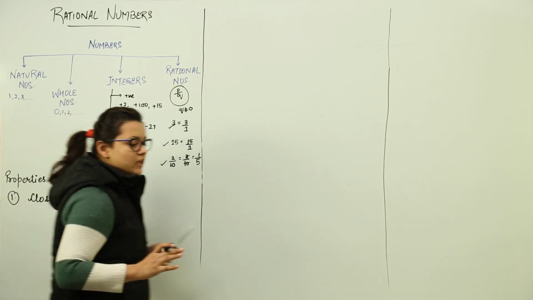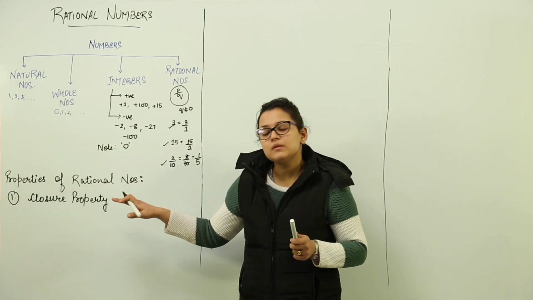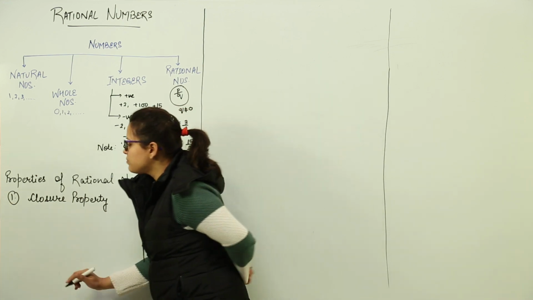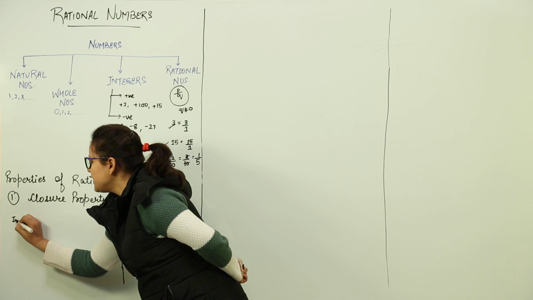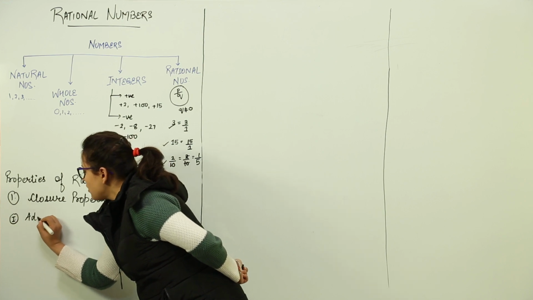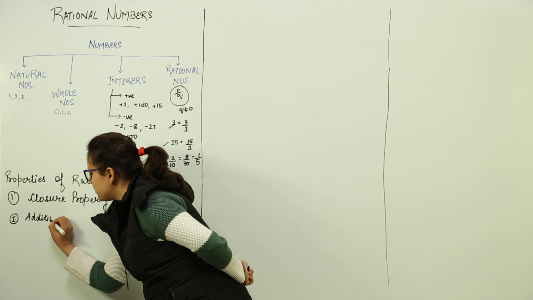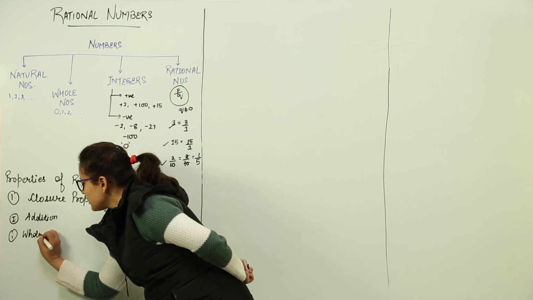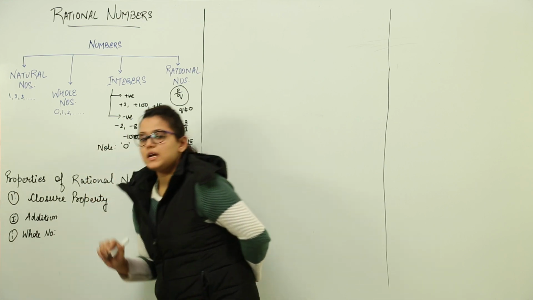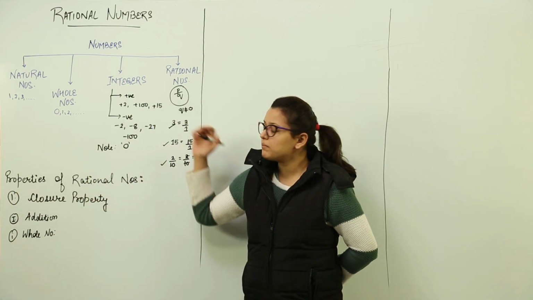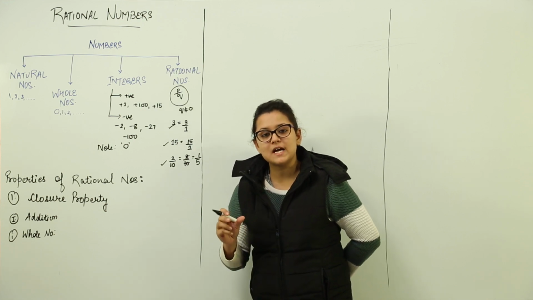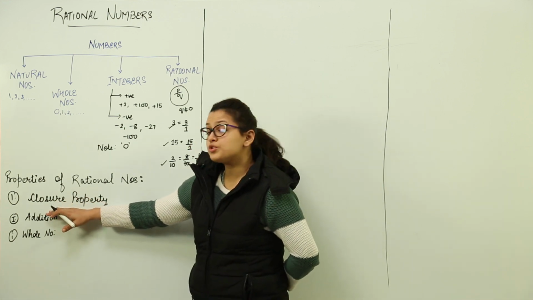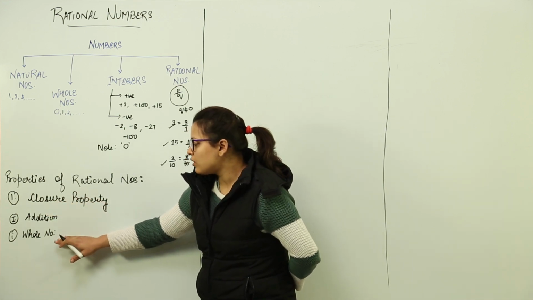Now before explaining what is the closure property, I will take up these small examples side by side and explain it with them. Like for the closure property, we'll start taking addition. Now in addition, we will be dealing with different numbers. That is, first we'll take the whole numbers. Can you tell me what are whole numbers? As I spoke to you a little time back, whole numbers are the numbers that start from 0 and go on to infinity. So what will be my closure property in addition for whole numbers?